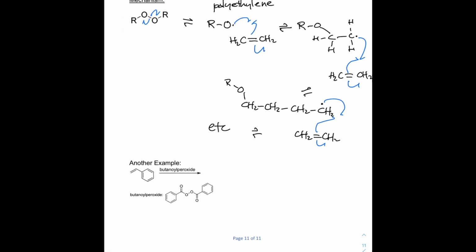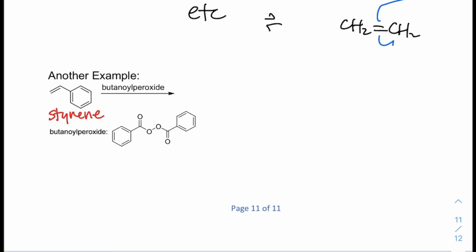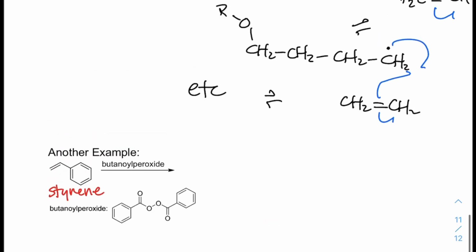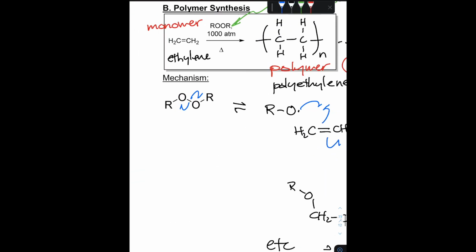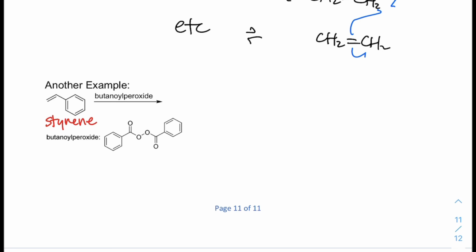So let's think about this reaction right here. First, I might want to let you know that this monomer is called styrene. This vinyl group coming off of benzene is called styrene. And the typical initiator that people use, because up here we didn't really specify what the R group is of the initiator, the typical initiator used in polyethylene synthesis, and you might be able to guess now polystyrene synthesis, is butanoyl peroxide, which looks like this. Of course, the mechanism of the initiation will look like that. But with that initiator, what happens is this alkene will be polymerized, and this is going to be the